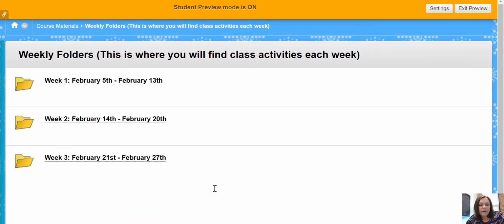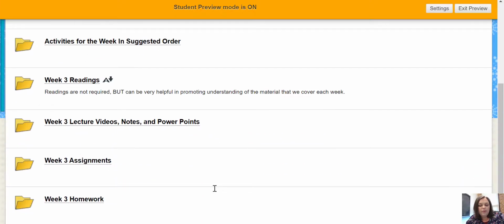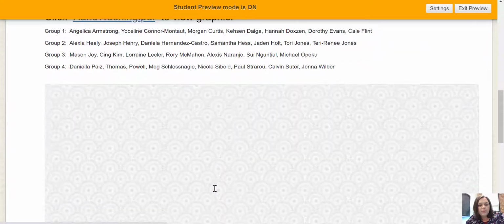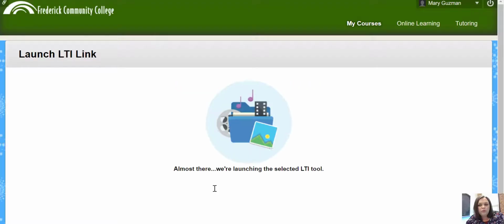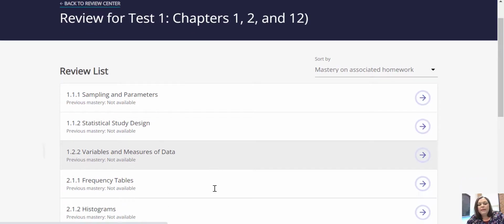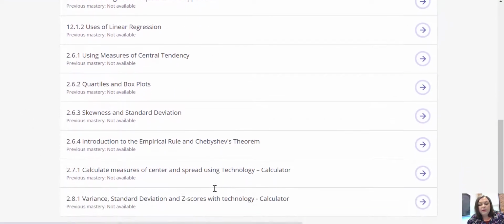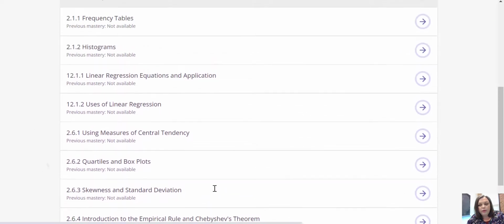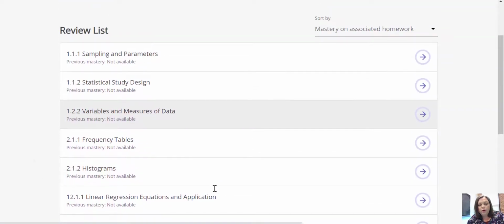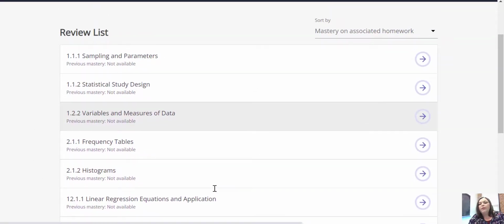Just give me a second. I have to go into the student view for you to be able to see it. So what it does is it takes you to the Newton page, and it gives you a review list. These are all the topics that we have covered throughout the course, and you can work on each individual topic. Now, right now it's